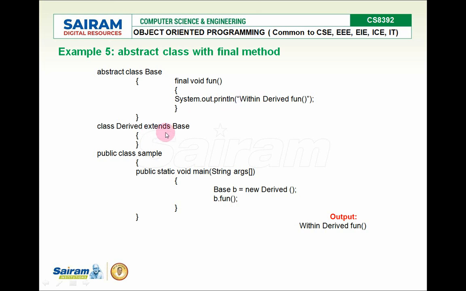So in the subclass, the function automatically comes over here, and creating the object for the base class. But there is a property of an abstract base class: you cannot create the object, which means the object cannot be instantiated. The object is created and instantiated with the derived class. So new Derived is the derived class constructor, instantiated with the derived class, right? So with that object I'm calling the func method. So this is another example.